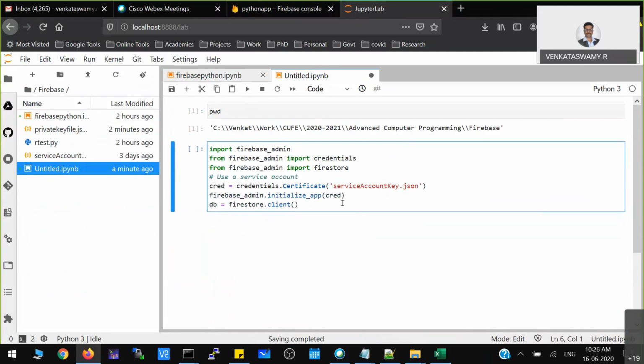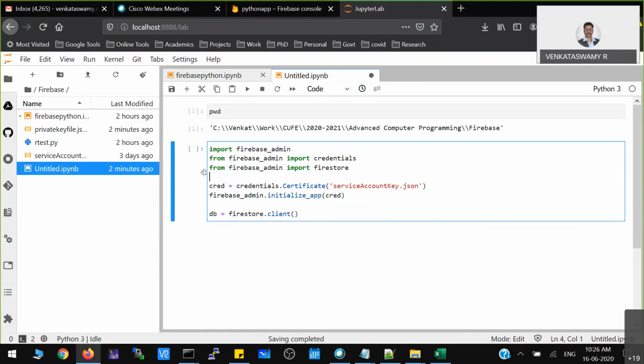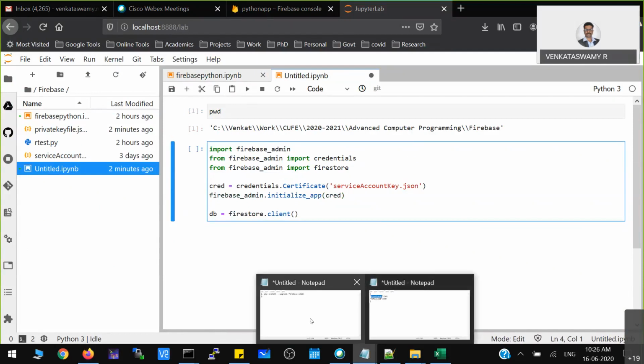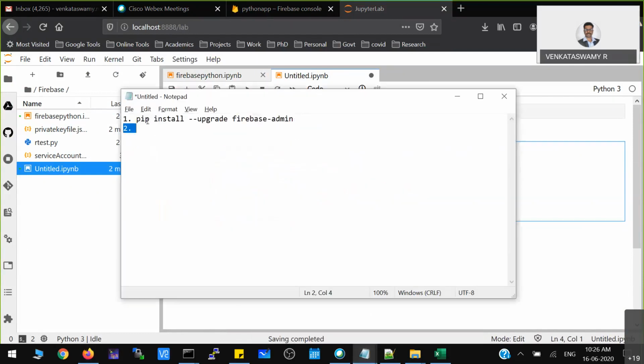Okay, so now if you see this particular code, it uses the Firebase library, and most important thing, before starting Python, you have to use this particular command.